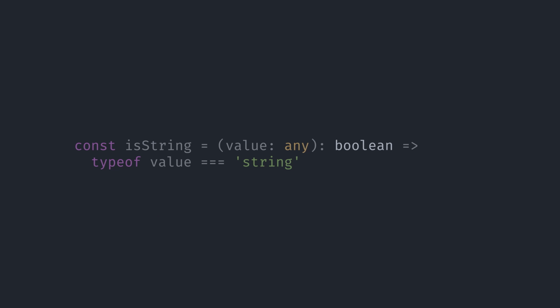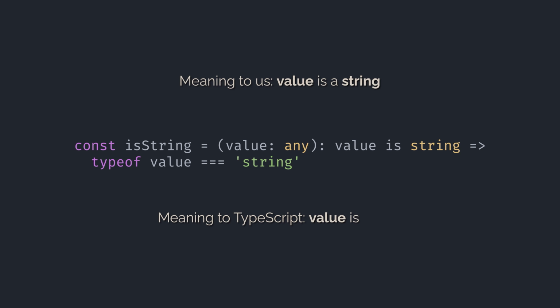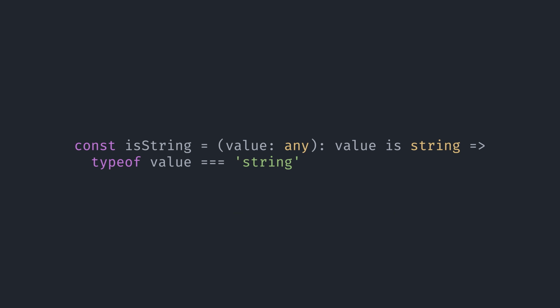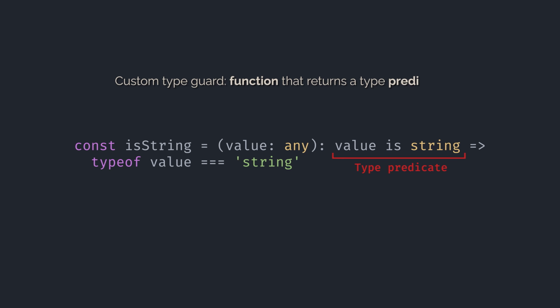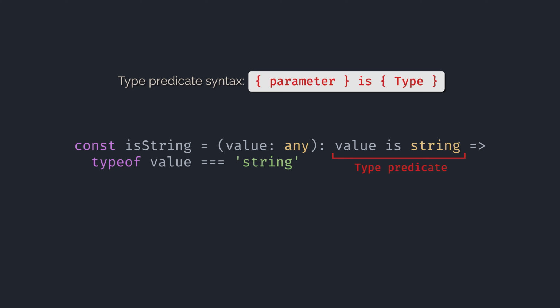Instead of saying that our function returns a boolean, we need to say that our function returns the answer to the question: is this argument a string? Given that the name of our argument is value, we do that with the following syntax. value is string. Now TypeScript understands that isString is a type guard, and our formatErrorMessage function compiles correctly. The return type of our isString function is not just a boolean anymore, it is a type predicate. So, to make a custom type guard, you just need to define a function that returns a type predicate. All type predicates take the form of parameter is Type.